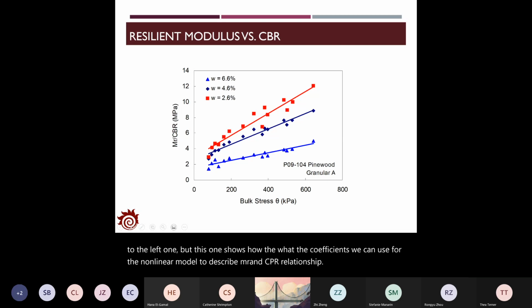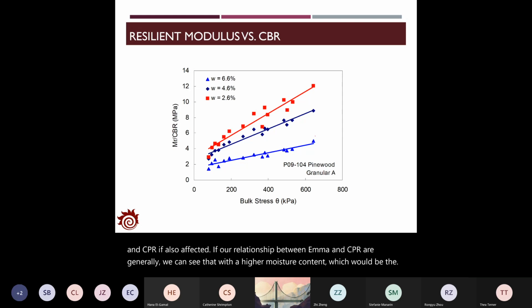And of course, as I mentioned previously, the moisture content has a significant impact on the soil properties, including the resilient modulus and the CBR. It will also affect the relationship between MR and the CBR. In general, we can see that with a higher moisture content, which would be